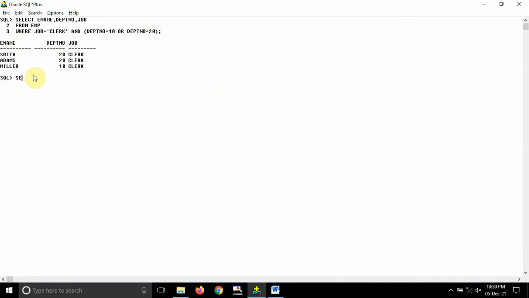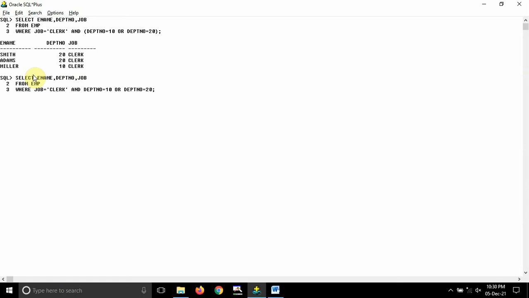I will write the same query: select ename, DEPT number, job from EMP, where the condition says job should be equal to clerk, and I will not write brackets, DEPT number equal to 10 or DEPT number equal to 20.